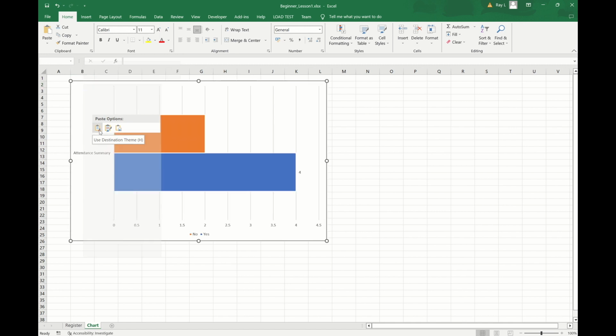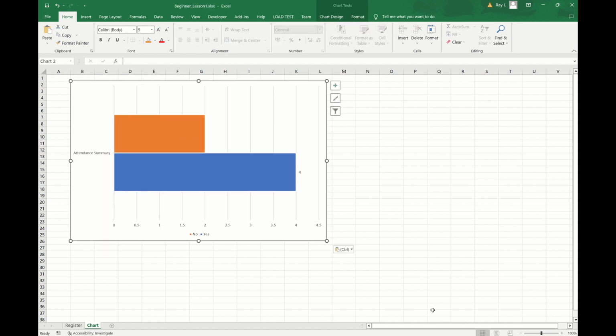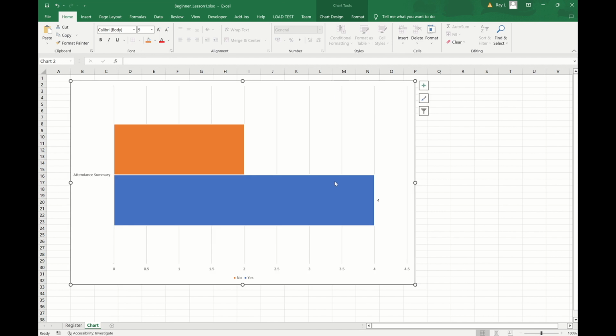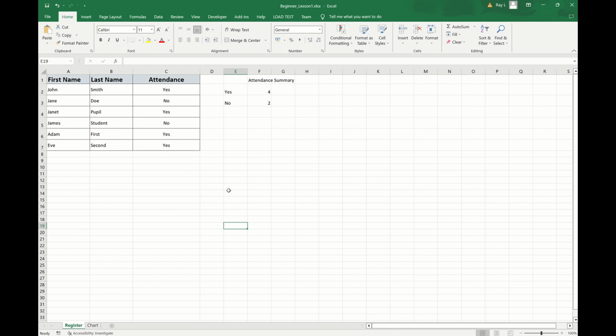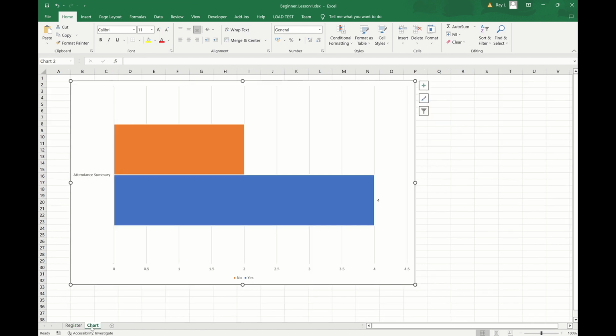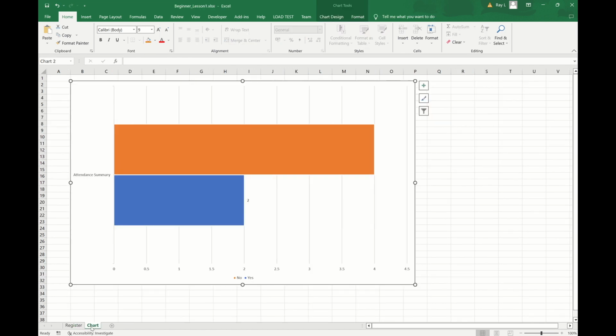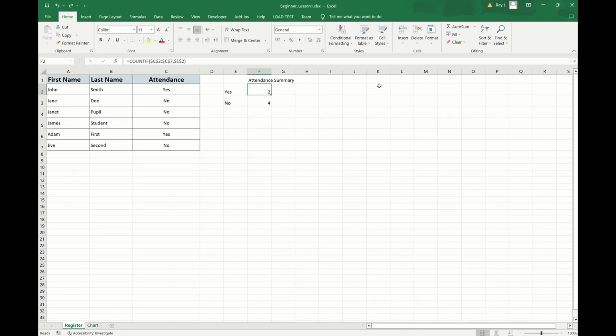And if we just select the first paste, select destination theme. And we can see there now that this chart now exists on the page on its own. And if we go and update the data here, so for example, let's put some more no's in. So we can see our table here changes. It's kept dynamically based on what we have in this table. And our chart now updates automatically. So very powerful tool. So before we wrap up this lesson, I want to spend a little bit of time talking